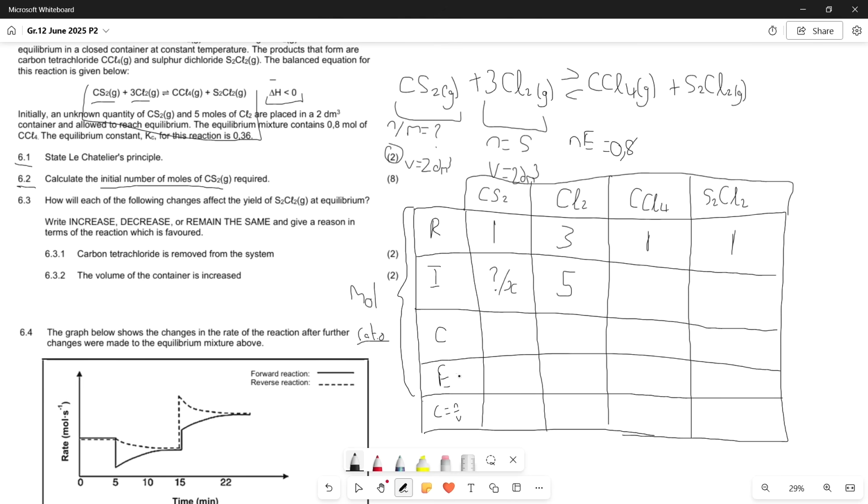And then from there, we can use our equilibrium to calculate our concentration, C equals N over V. And then as they mentioned, the equilibrium mixture contains 0.8 moles of CCl4. So we have equilibrium over here, we have 0.8. And then one thing to keep in mind is that there was no initial amount of mole for our CCl4 and our S2Cl2 because we put our CS2 and our 3Cl2 into a beaker and then the forward reaction takes place first always. Sometimes there would be an initial amount, but in this case there was nothing,